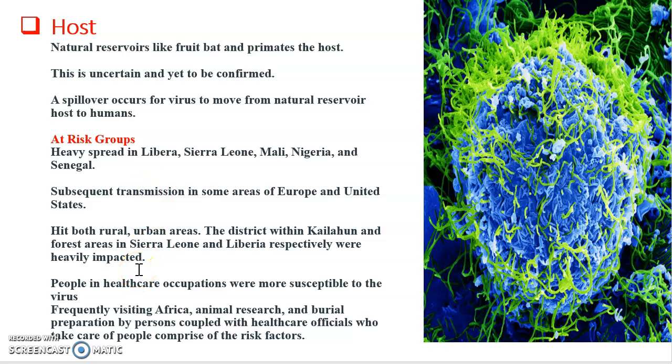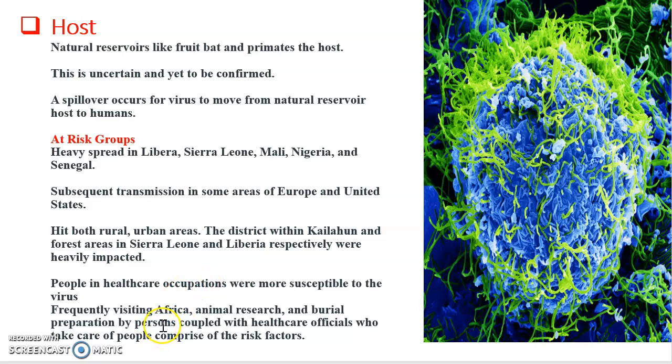In terms of geographical location or areas, most likely rural areas are highly impacted. But that's not to say that it did not impact urban areas. Another thing that needs to be considered is that in countries like Sierra Leone and Liberia, the districts within the Kailahun districts, which are forest areas within these two countries, Sierra Leone and Liberia respectively, were heavily impacted. This is an attestation to the previous point made that the virus actually impacts the rural areas most of the